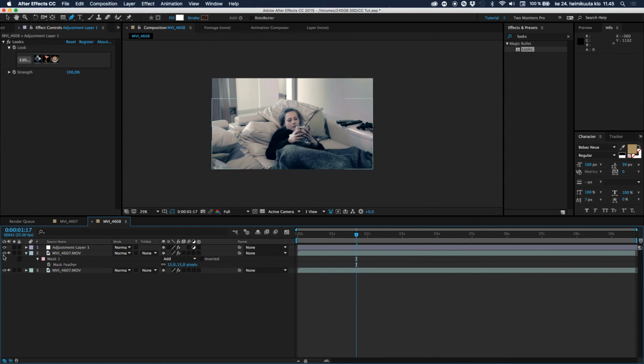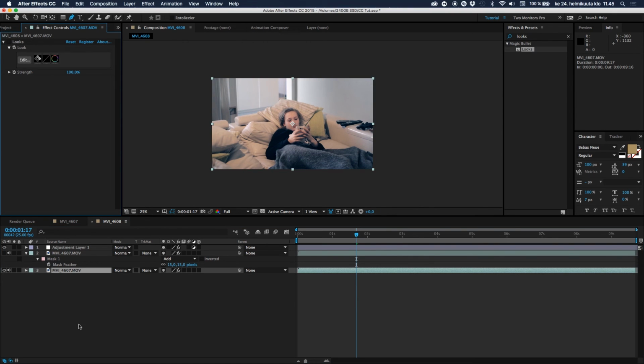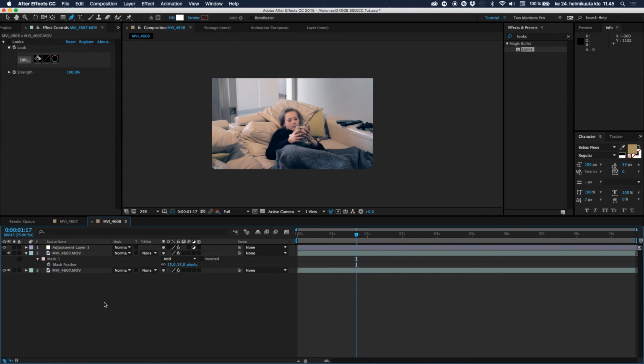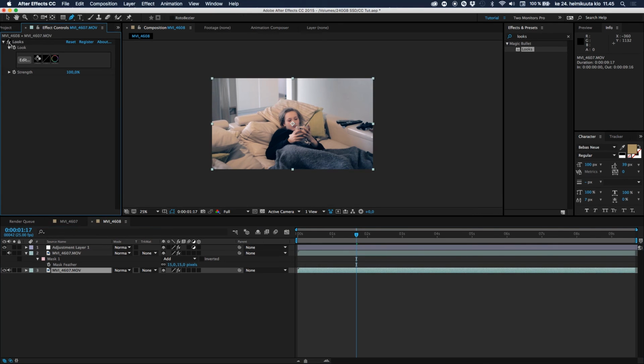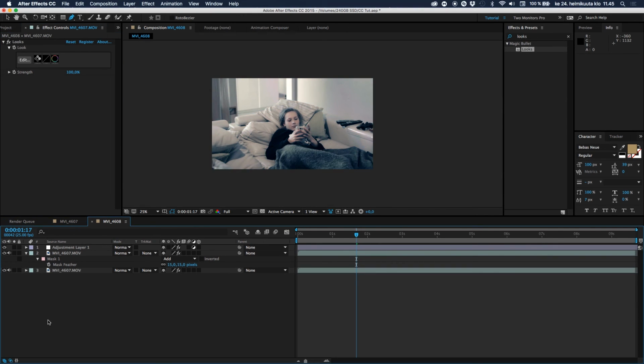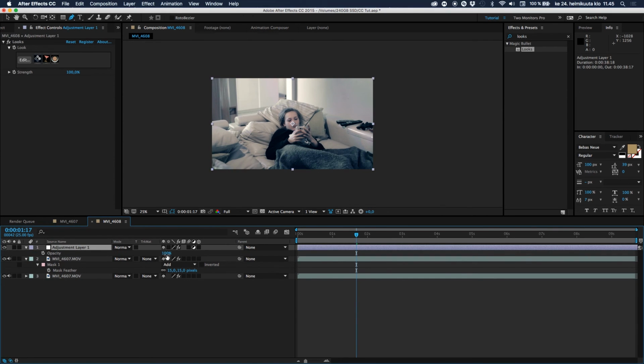So if we select everything away, this is how it would look with the grade without the correction first, and then if we put our correction back, it looks like this. It looks far better. Everything looks so much better, because if your scene is corrected, then grading is a lot simpler and better. So guys, hope you like this really short tutorial about how to color correct your